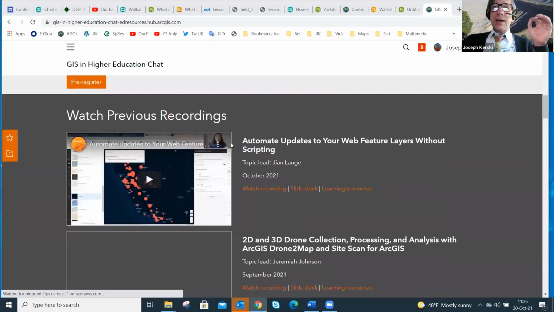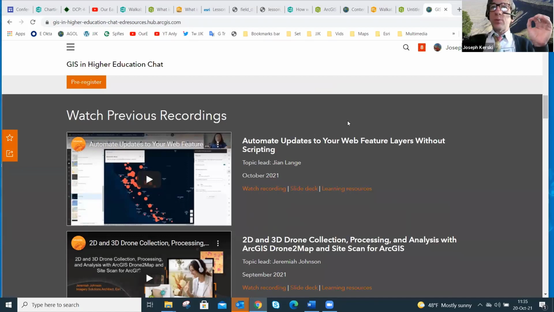And the reason why I mention it right now is that last month, we had one of my colleagues talk about this, automate the updates to your web feature layers without scripting. So this touches on what I was just saying. If you look at that, you'll have some confidence and empowerment with what Gian shared with that higher education chat, how to keep that feature service automatically updating. And then that becomes part of your story map that automatically updates. So you might want to take a look at that at some point.